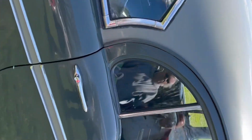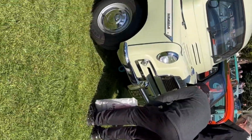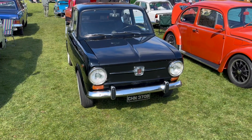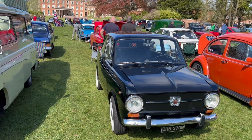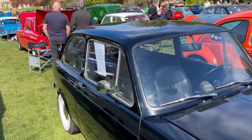Yeah. They even sounded better then, didn't they? The CA van. Unusual one, Deb. Yeah. Little. Let's see if we can find it. What it is. It's a